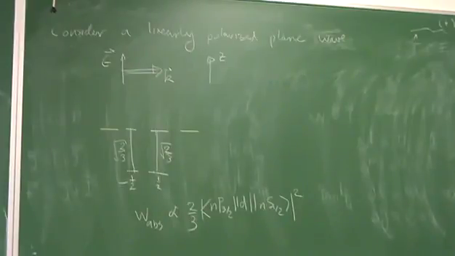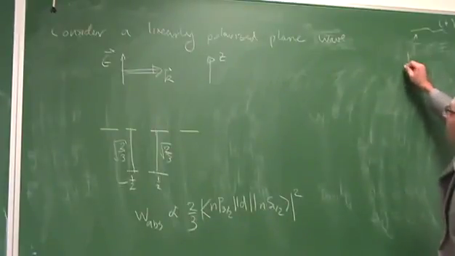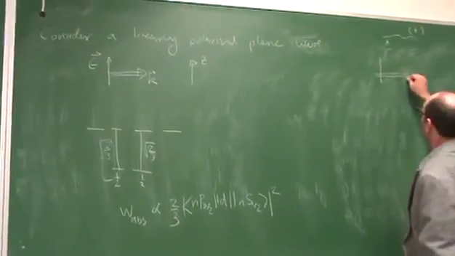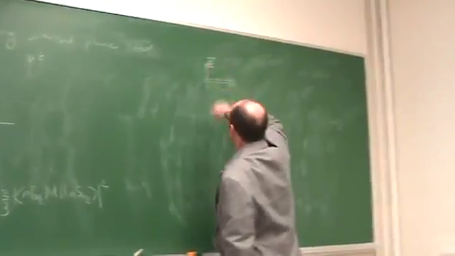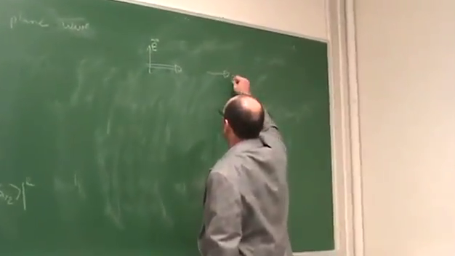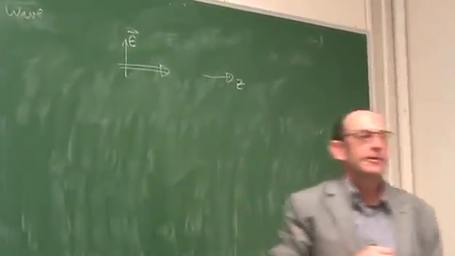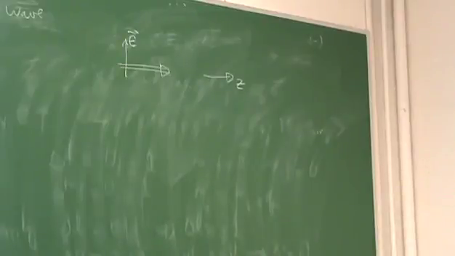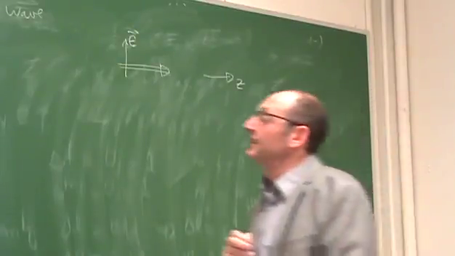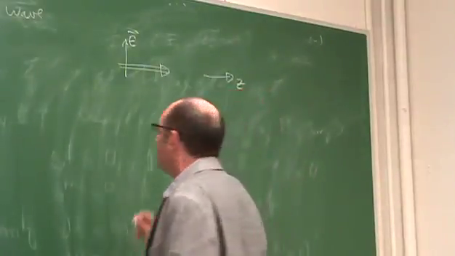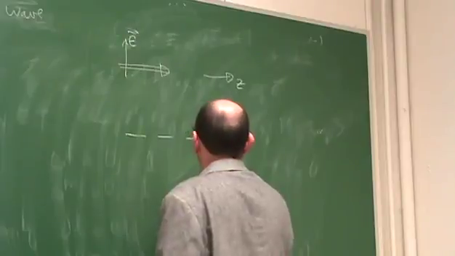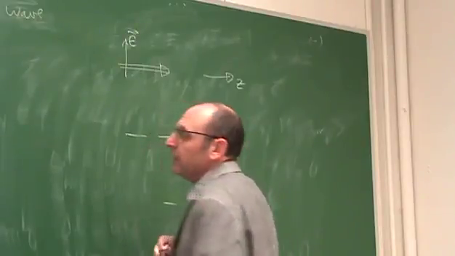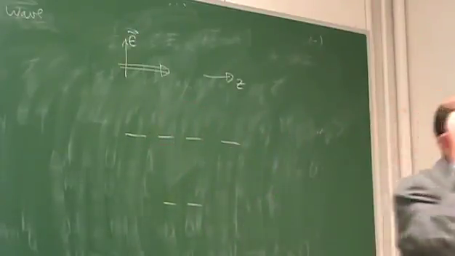But suppose I have the same physical situation, but suppose I chose to call this the z-axis. Okay, I might want to do that. Here's my energy level diagram again. Now I want to be, first of all, a little bit careful.